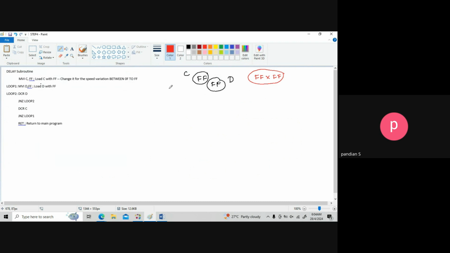Now here we can set the value of the C register in between. If you are giving 0F to F0, then we can vary the speed of the motor, right? So if you are increasing the delay, it will slow the speed, right? If you are decreasing the delay, it is a high speed, right? So this is high speed to low speed, right? In between, with some value, we can vary or change the speed of the motor,